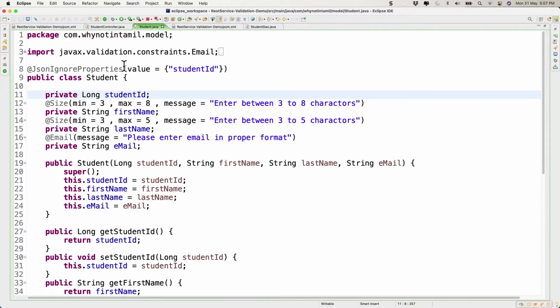Let's use this way. So what is the drawback of implementing it this way? The problem is whenever you modify the attribute name or the variable name, you have to make a change here. But normally we won't modify the attribute names or variable names. Let's implement this way. Now I just made a small change. Let's start our application and go back to Postman and we'll see how it is impacting our application. Let's stop it first and then start it one more time.